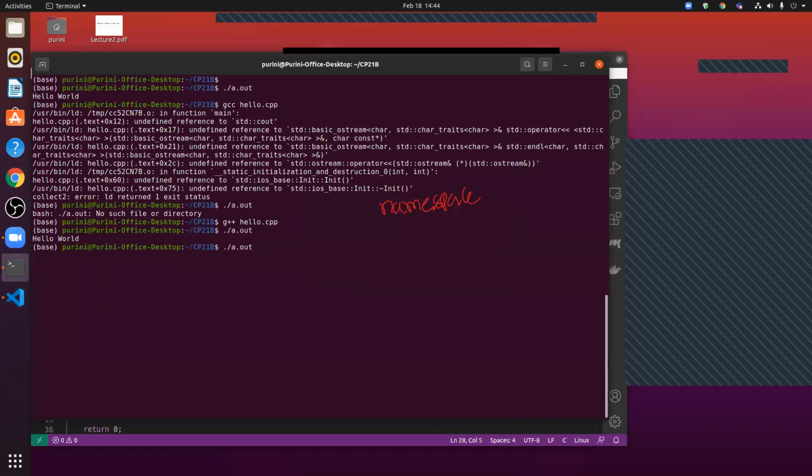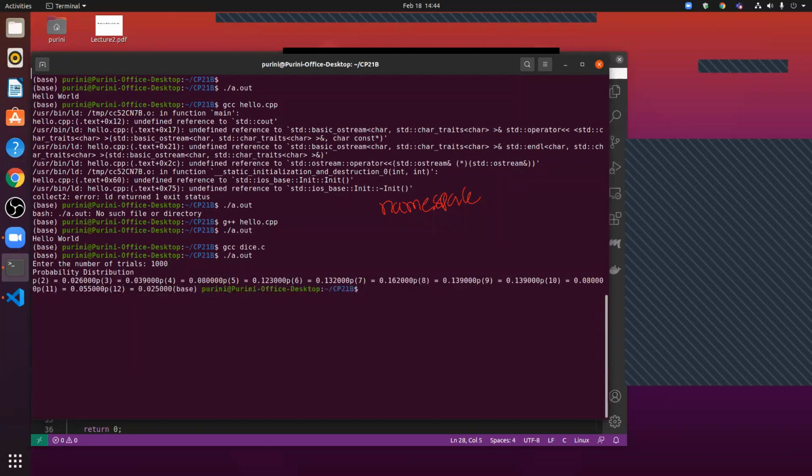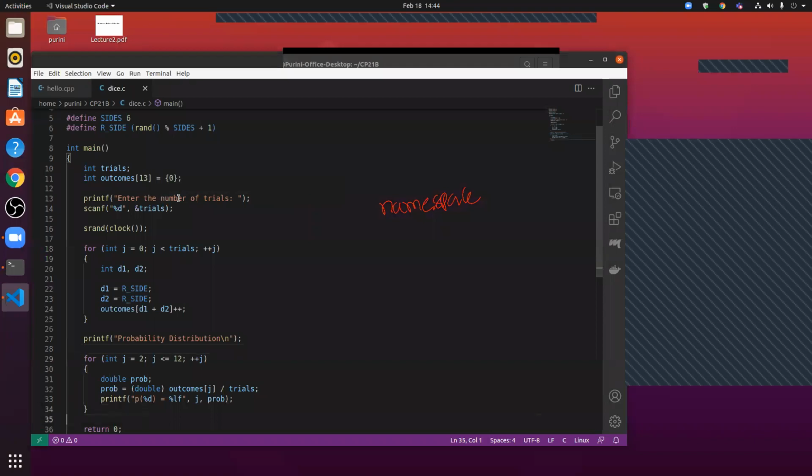So now gcc dice.c, oh, compiled, awesome. So now we do a dot out. Everything good except slash n.